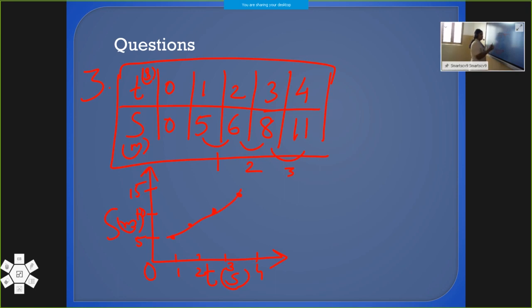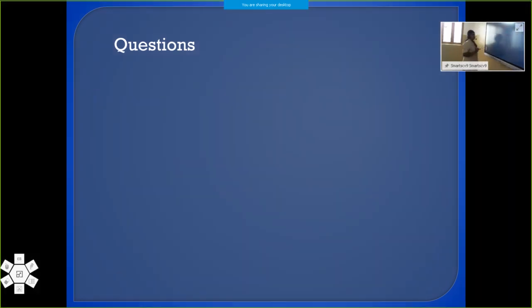And you will not get a straight line. You are going to get this type of curve because the motion is non-uniform. So for non-uniform motion you will get a curve. For an object at rest you will get a straight line parallel to the time axis, and for uniform motion you will get a straight line with a slope, and the slope gives the speed of the object. Okay. So practice the graphs when I give the questions.